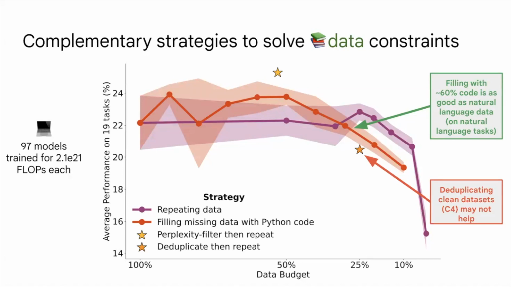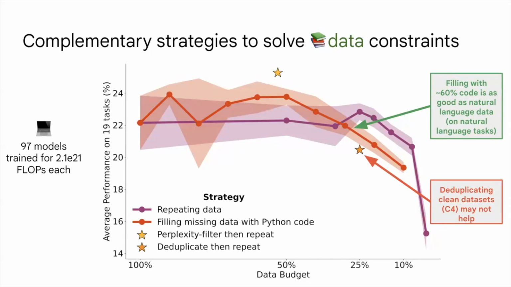That's that star there. It seems to actually turn out to be quite good, right? Yeah, I think that's a great point. It can be worth it. So as you mentioned, the yellow star where we use perplexity filtering, it improves performance. So we perplexity filter and then repeat. Since after filtering we have less data available, we have to repeat it, and we get better performance than the others. So that's definitely a super interesting avenue.